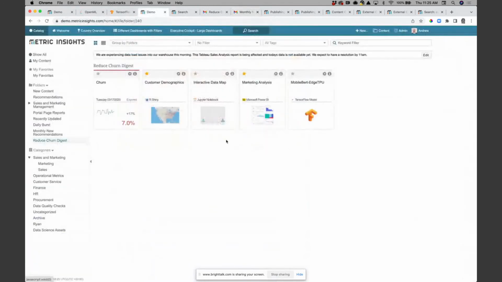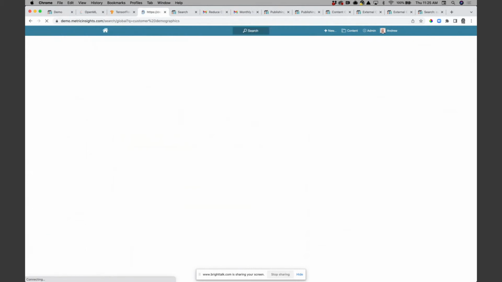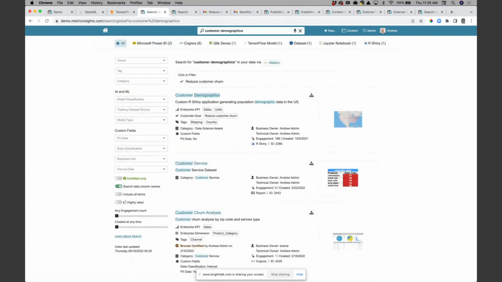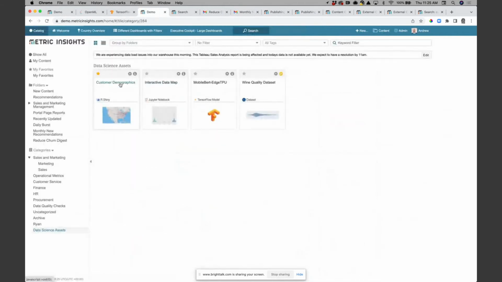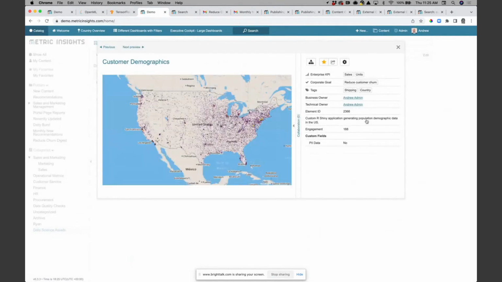Marius mentioned, and we looked at this, the concept of search as well, and discoverability. So obviously I should be able to come in and search for something like customer demographics and understand what BI assets or data science models are available around that particular subject and topic. But something you might have seen on the tile here when we were looking at the metadata is that we can also tag this content in different ways. And one way that customers will often tag the content is by associating it with the corporate goals and objectives that this analysis is really intended for.